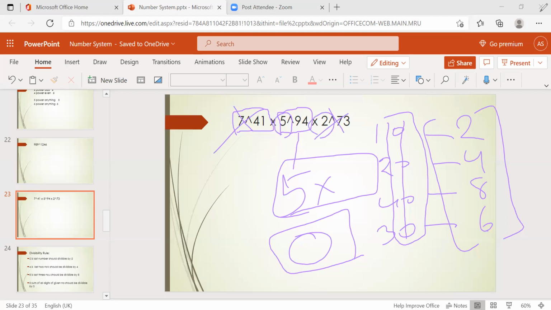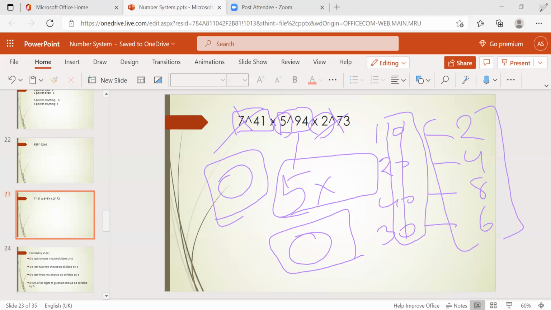If 2 is there, remember this 2. So 5 into 2, always 10. So always 10, 20, 40, 30. So last number will be 0. If last number will be 0, that entire number's last digit will be 0 only. Okay. Remember this simple trick. So if you are solving everything step by step, it will take time. But why I'm explaining all the things is you need to know the concept first of all. Based on the concept, you need to say whatever it is, right?